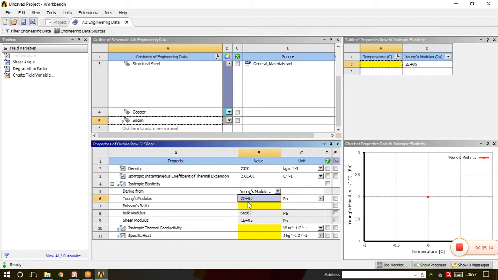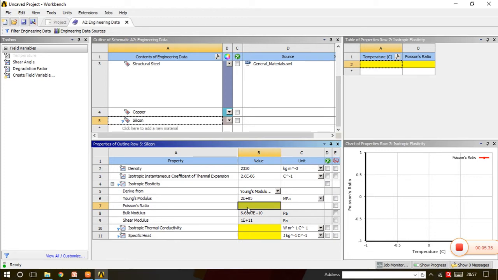We have made some mistake here. We haven't changed the data, meaning the unit. Now we have changed the units. So it is 200 into 10 to the power 3 megapascal. It is around 188 gigapascal for silicon. So we have selected 200 as provided, that's why we have selected the 200.